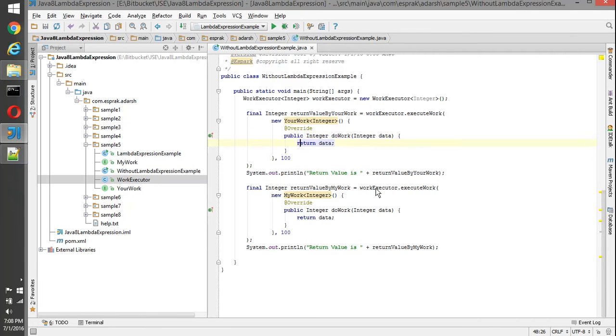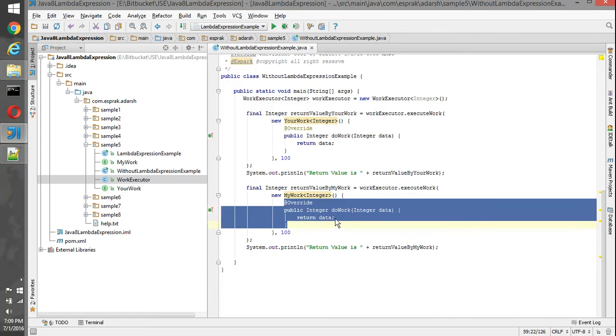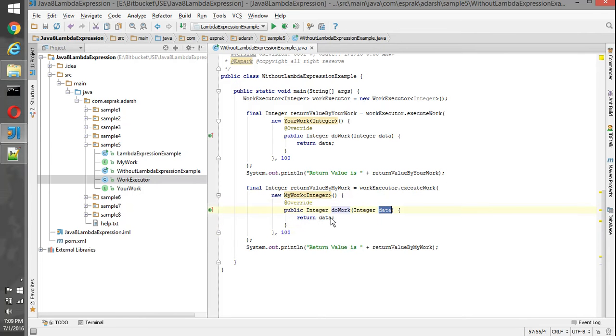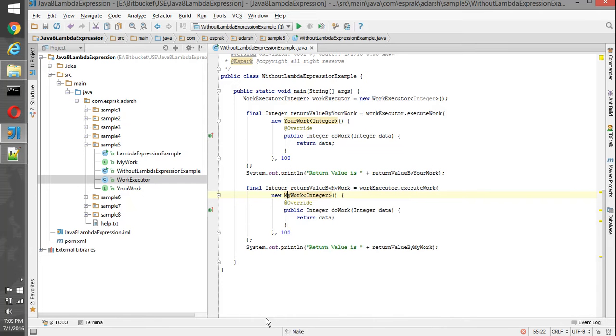The same thing we have done for the execute work method, where we pass an implementation of my work, which is a runtime anonymous class. This is the overridden method implementation for do work, returning the same data type value. So let's execute this piece of code and see how it looks.